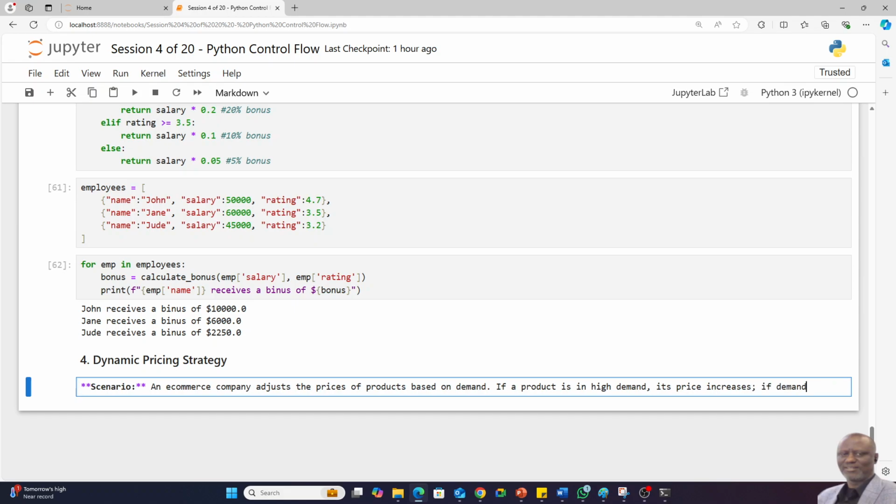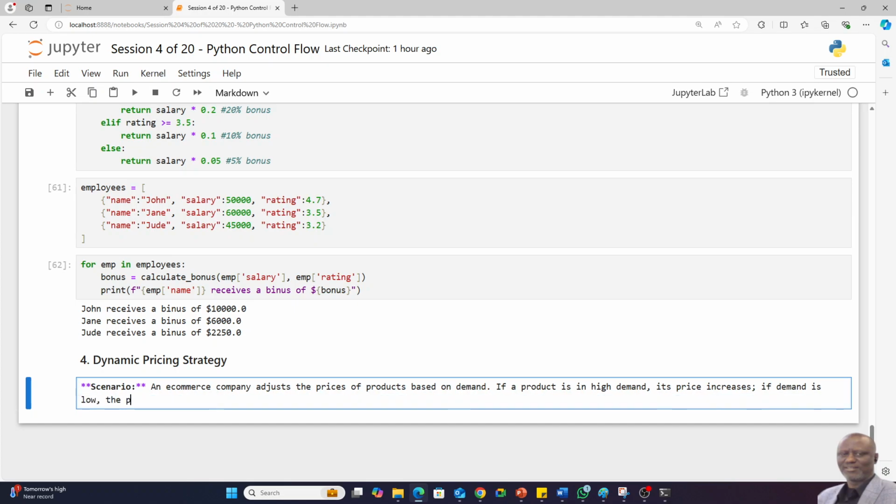If demand is low, the price decreases. So we want a function that can be used for this scenario. Now we have three items. Also, their prices have been given and their demands have been given. Given that we have various demand levels,